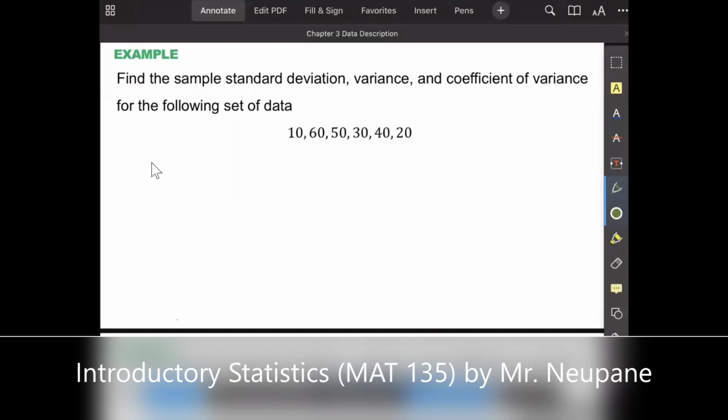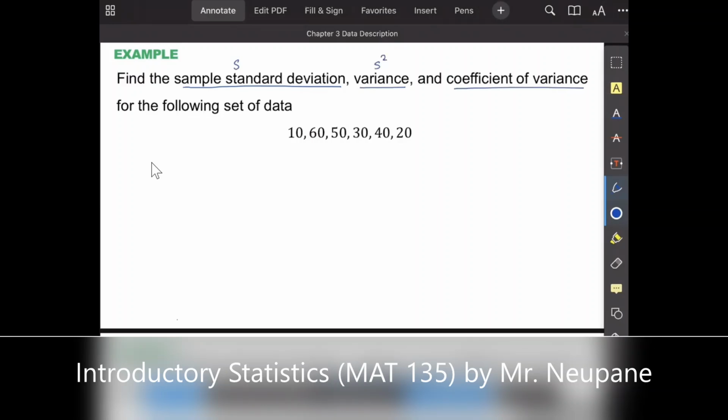So this is the third example on standard deviation. And let's see what we are asked in this one. Find the sample standard deviation. This time we are calculating the sample standard deviation, which is S, variance, that is S squared, and then the